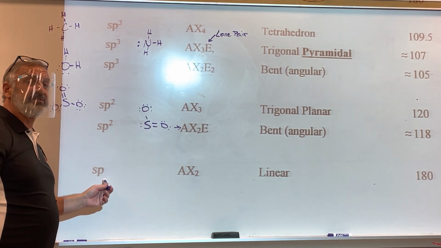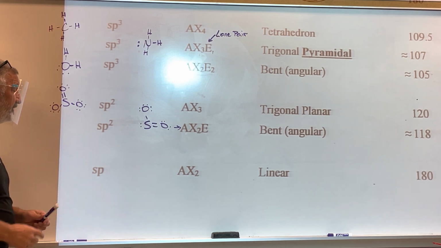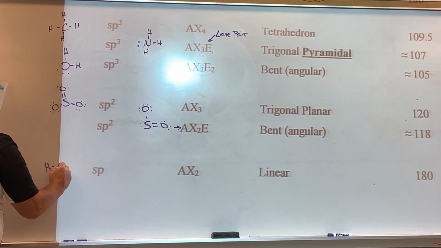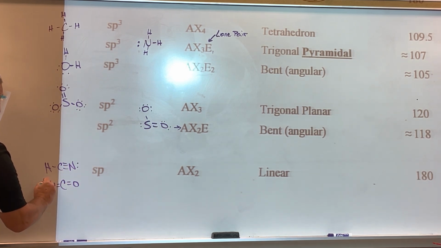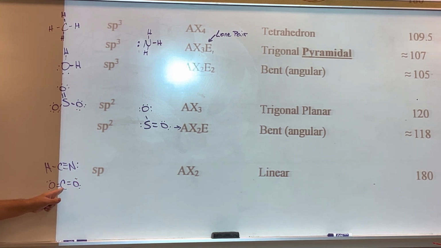And then anything that's just two things, anytime you have a triple bond, I gave you the example of HCN. We could also look at carbon dioxide. Notice that carbon dioxide is just AX2, no lone pair on there, so it's sp hybridization. That makes it linear. CO2 is a gas at room temperature because it's linear. If CO2 were bent, CO2 would be a solid or a liquid at room temperature. So the shape determines a lot about its properties. That's next week's, or actually the end of this week's discussion. Okay? So,